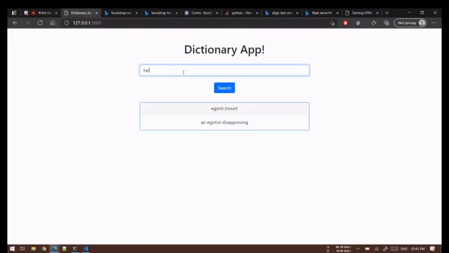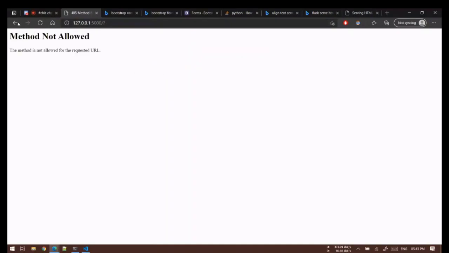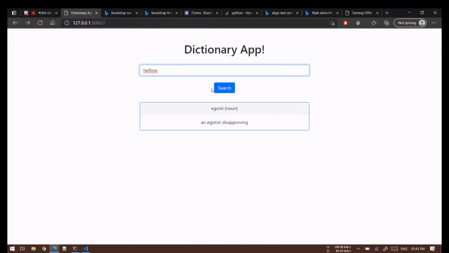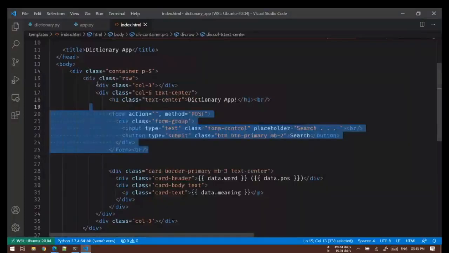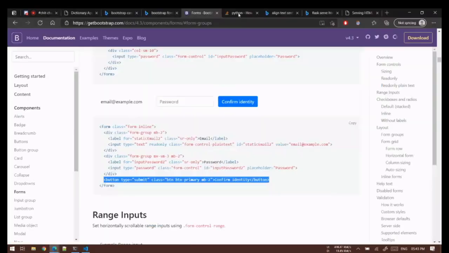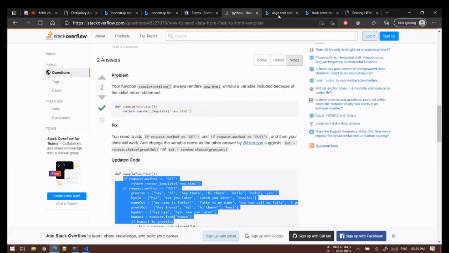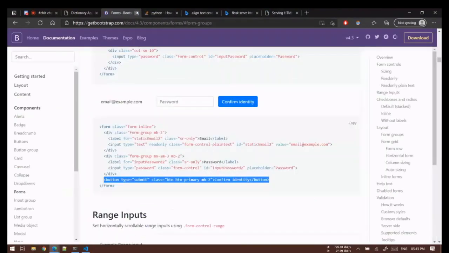Okay. So for now, we can say hello, and yes, it will give us a question mark. It doesn't know what to do with it. So nothing will happen, but we have at least created a page. Okay. Yeah. So click. This is how it will work. Method not allowed. So let's go and search how we can.